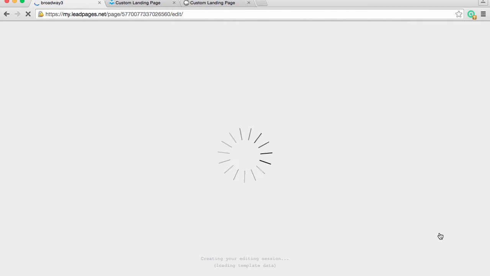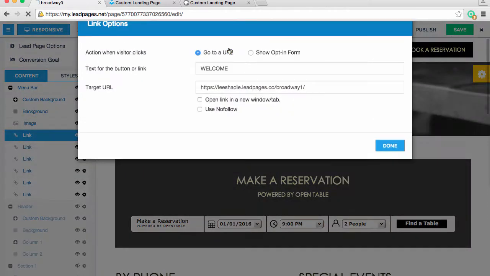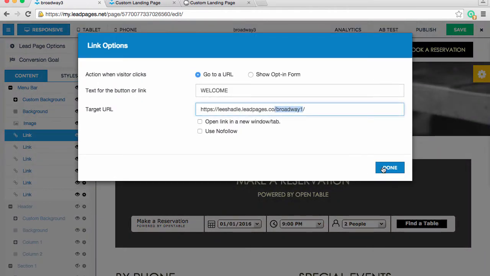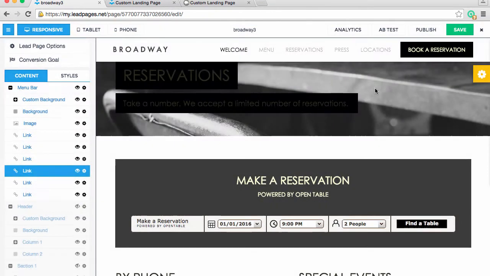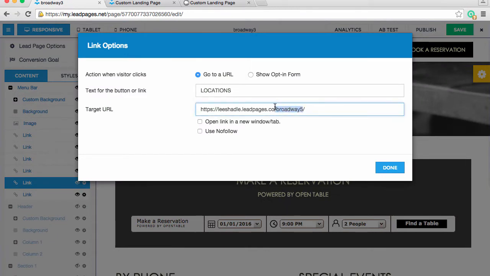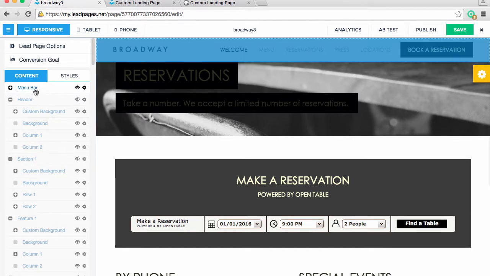And then we're going to do the exact same thing as Broadway, as the first 2 pages. We're going to go through each section and hide what we don't want, keep visible what we do want, and we're going to name each of those links. So here you can see we have Broadway 1, Broadway 2, Broadway 3, Broadway 4, Broadway 5. So we have each of those named, and then I kept the menu bar visible, but then I